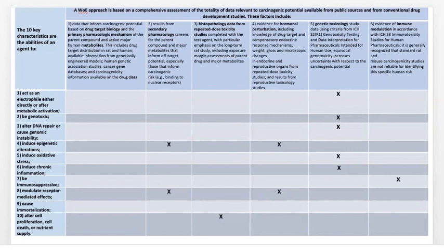So on the left-hand side are all the 10 key characteristics. We do have X's populating other ones, but I'm just showing the ones that we're a little bit more sure of right now. So clearly genetic toxicology would have a series of X's in it. Same thing with immune modulation or receptor-mediated effects, epigenetics. But a lot of the other ones, we're still trying to figure out how to do that. So this is a working group that just started about 2 or 3 months ago, and it's just getting ready to start doing this integration. Next slide, please.